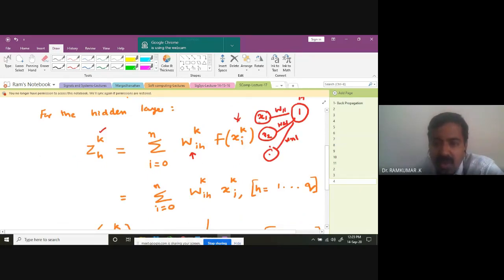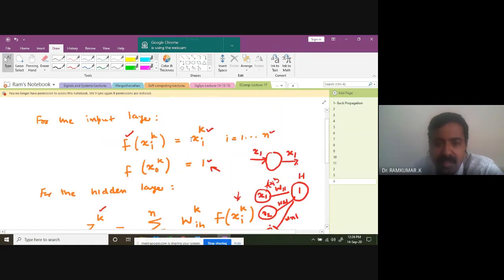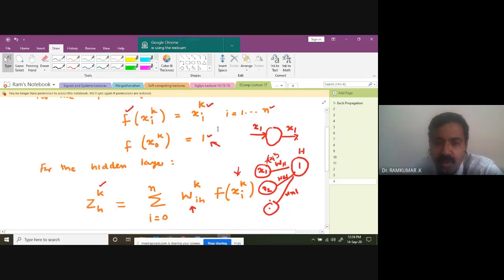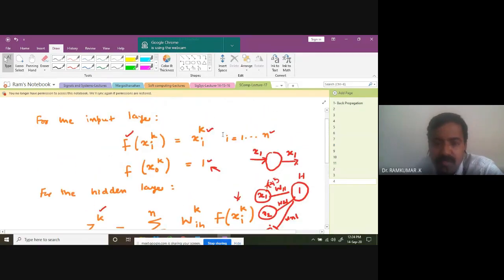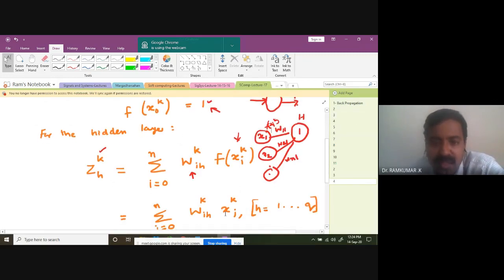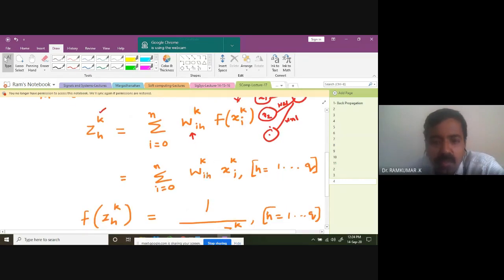But all those values are what? The first one is going to be f of x_i^k. That value is going to be only x_i^k, because as you have already seen, the input layer directly gives the output. It receives the input and gives it out. The input layer is not doing any kind of learning. There are no weights, nothing. Simply, it receives the input and passes it on. That's all. So naturally this f of x_i^k is going to be x_i^k only.